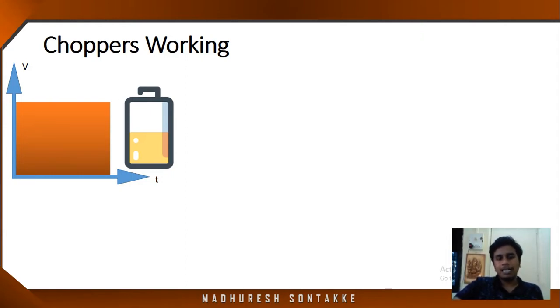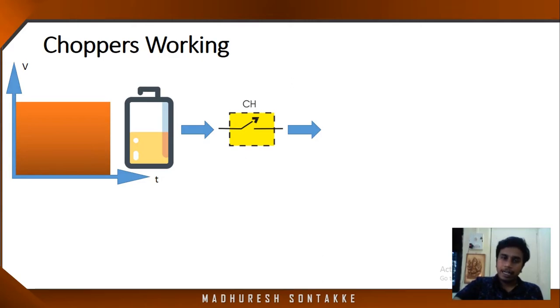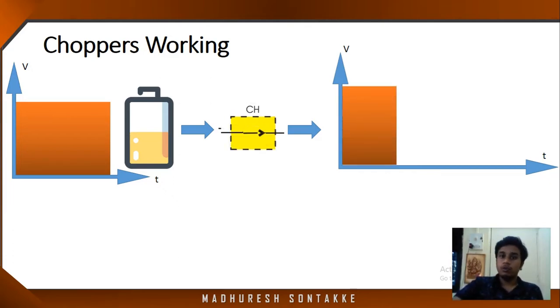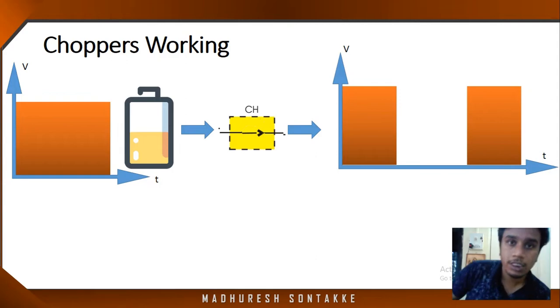When you apply this battery voltage to a chopper circuit or chopper switch, the voltage appearing across the load entirely depends upon the position of the switch. Just like here, when the switch is open, no output voltage appears across the load, so your input is not connected with the output. But once the switch is closed, whatever is the input voltage appears across the output. But after some time, if you again open the switch, again there won't be any voltage across the output. And again as you close the switch, whatever is the input voltage will appear across the output voltage and